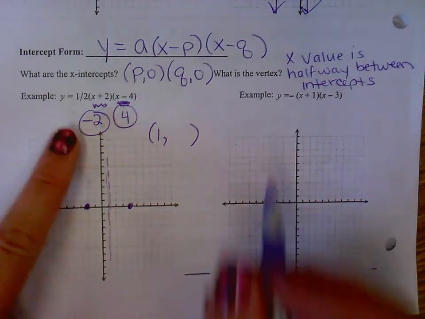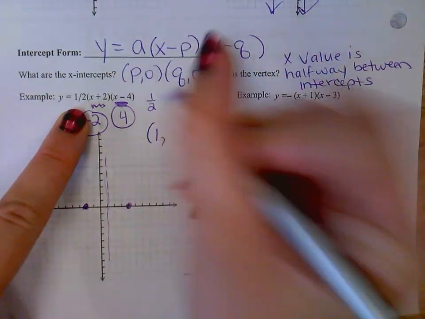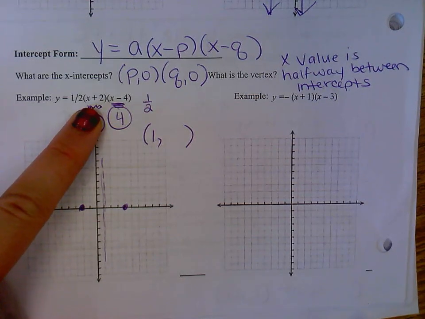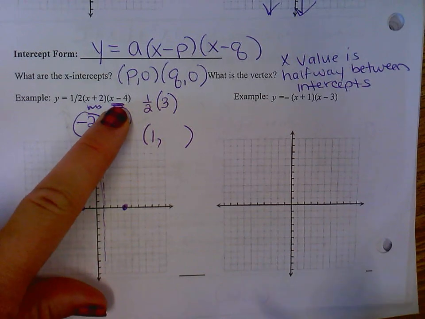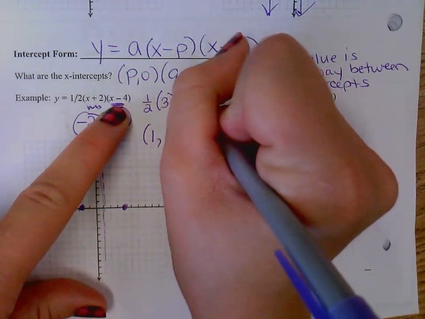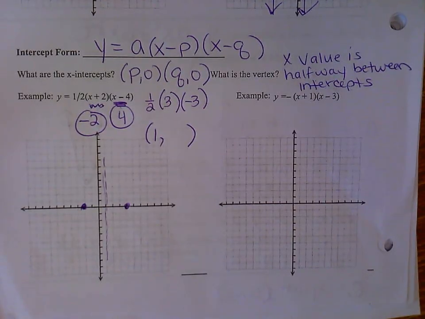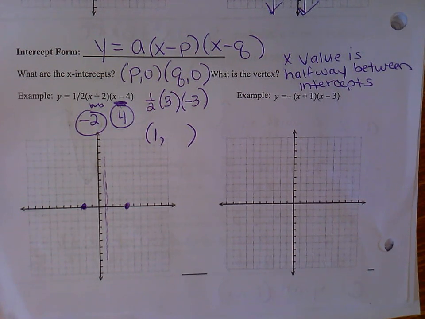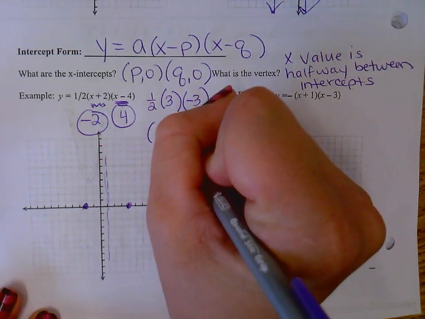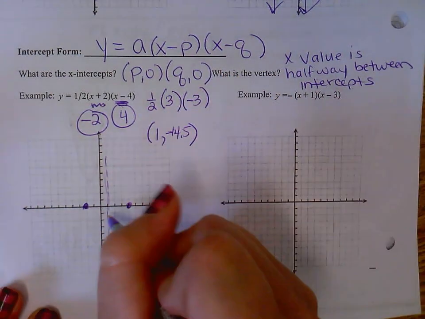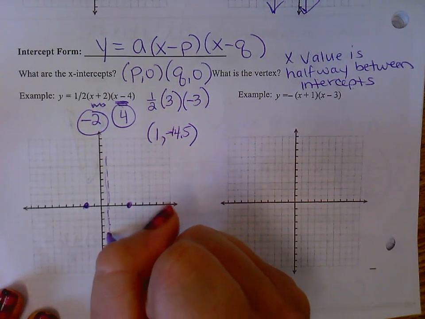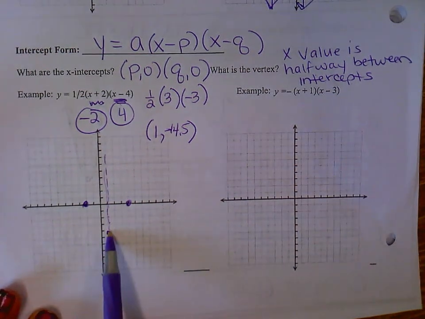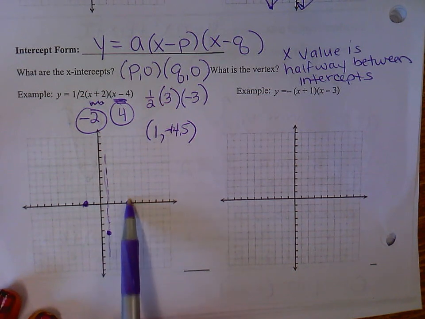All right, so let's plug it in. I would have 1/2. What's 1 plus 2? That would be 3. And what's 1 minus 4? That would be -3. So what is half of -9? -4.5 is my vertex. 1, 2, 3, 4.5. That kind of makes sense because if I go over 3, I go up 4.5 to hit that